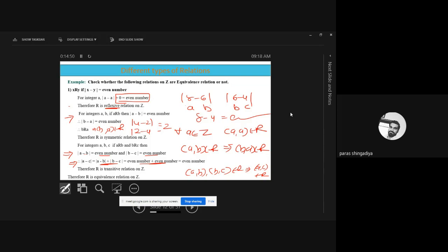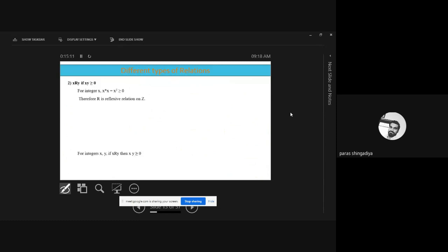It means it is transitive. And if all these three properties are satisfied, reflexive, symmetric, and transitive, then it is called an equivalence relation. So this forms a relation on Z, defined as (X, Y) where mod of X minus Y is an even number, that is an equivalence relation. Then the second one, we already discussed separately, clear?